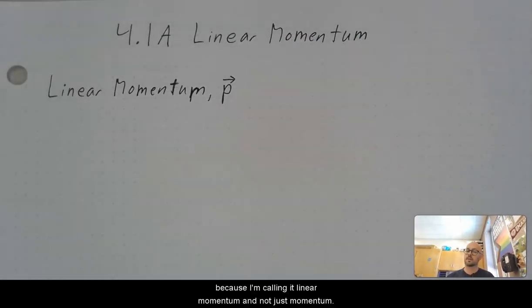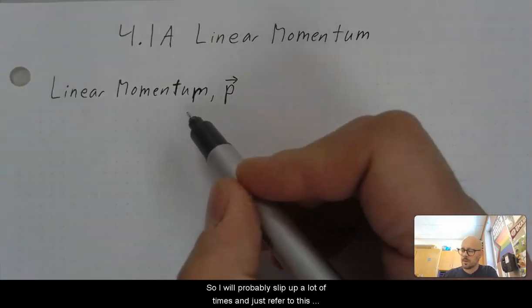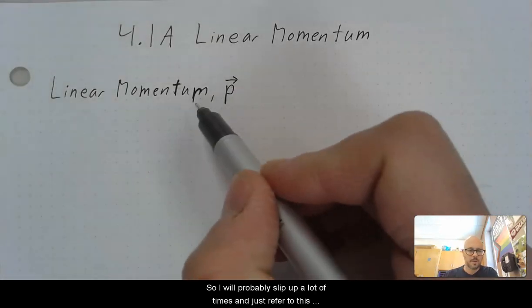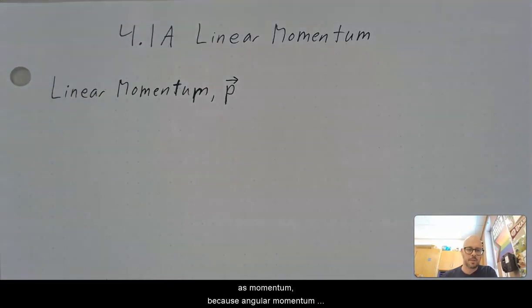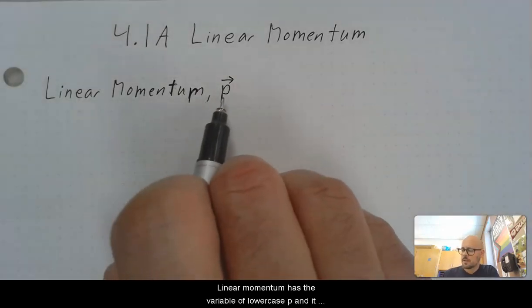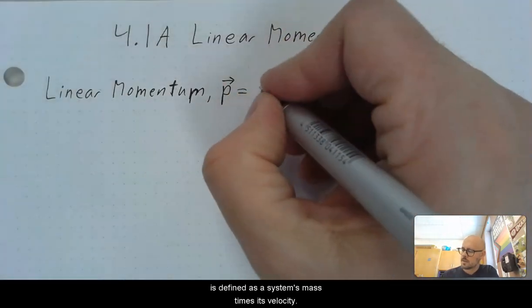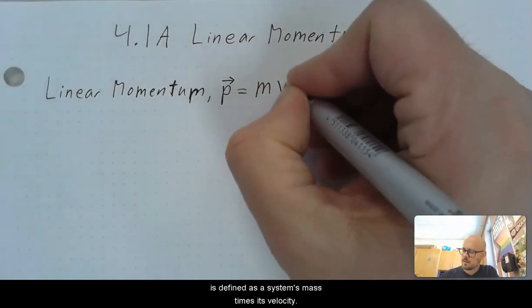Now, because I'm calling it linear momentum and not just momentum, that means that there's another type of momentum we'll learn later called angular momentum. So I will probably slip up a lot of times and just refer to this as momentum, because angular momentum is an extension of this. So, sorry. Okay, linear momentum has the variable of lowercase p, and it is defined as a system's mass times